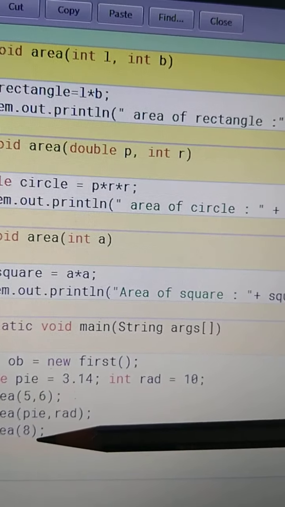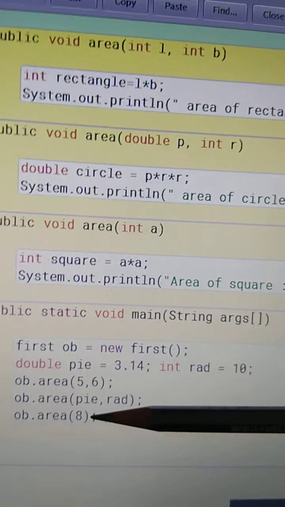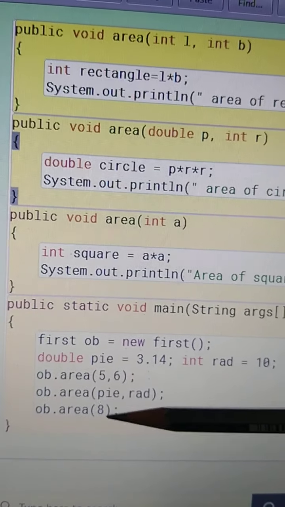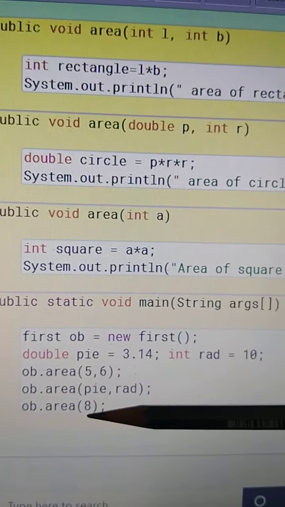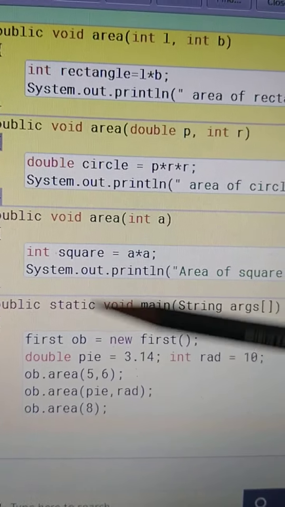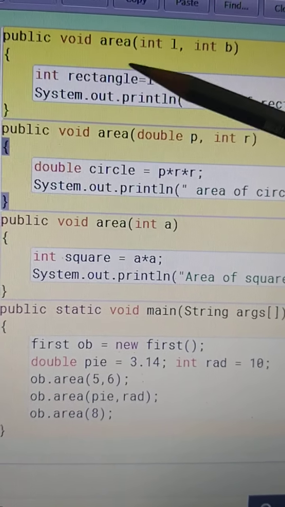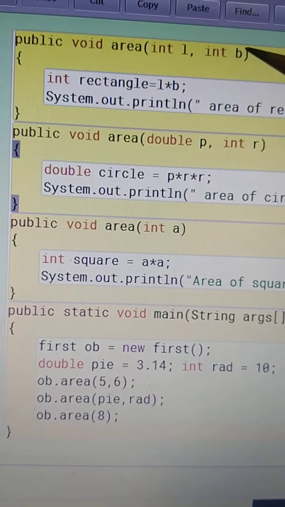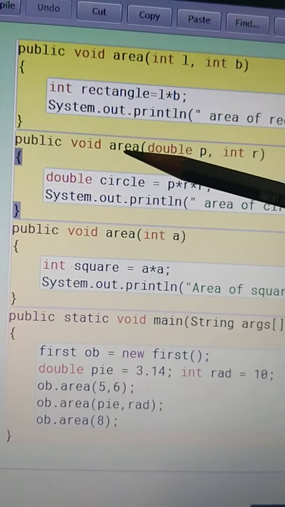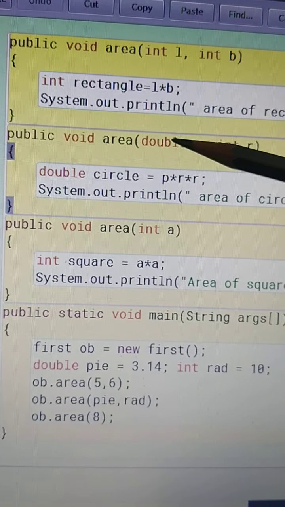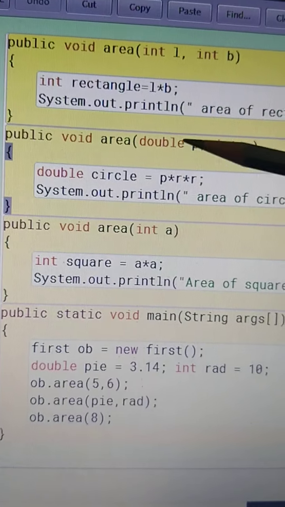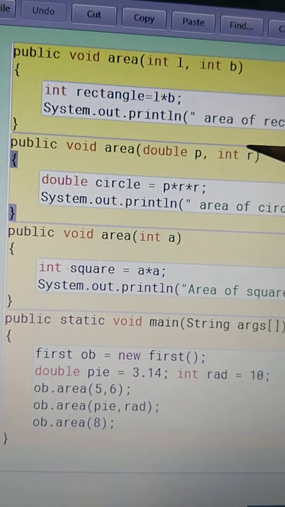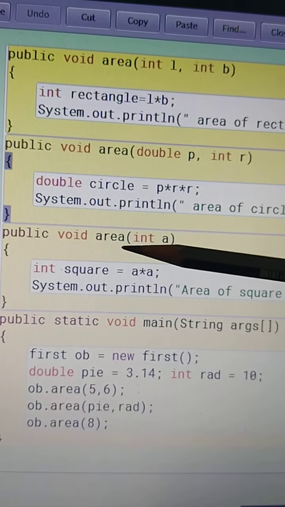And the next one then comes to this function again. Again there is a calling function with area and one whole number, that is an integer. So it will come here again, area is the same but here there are two arguments. So this is not that function. Again it comes to this function. Here we again have two arguments but with different types, double and int. So this is not the function. Again it comes here.